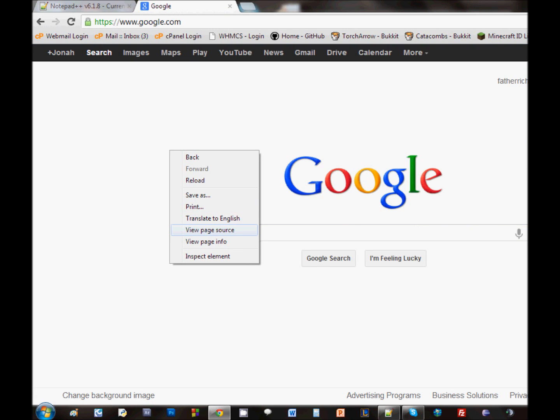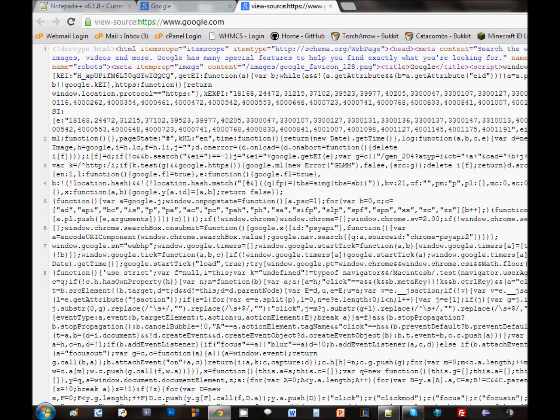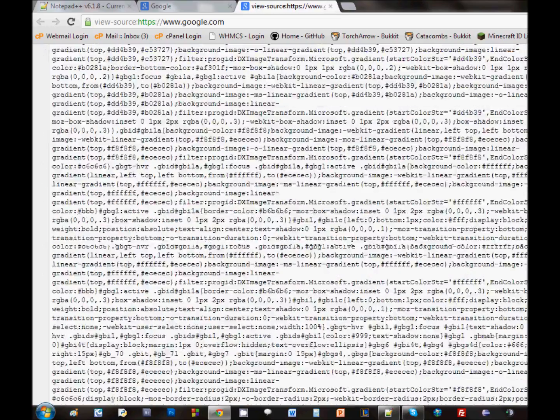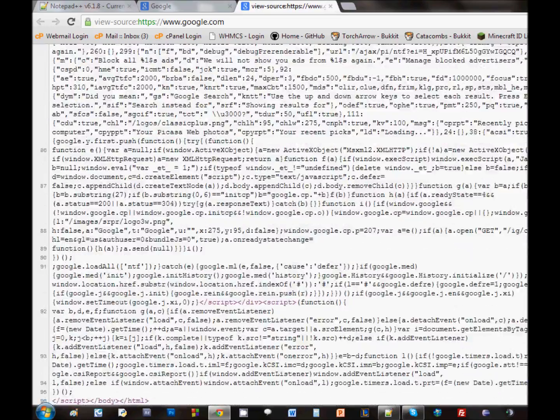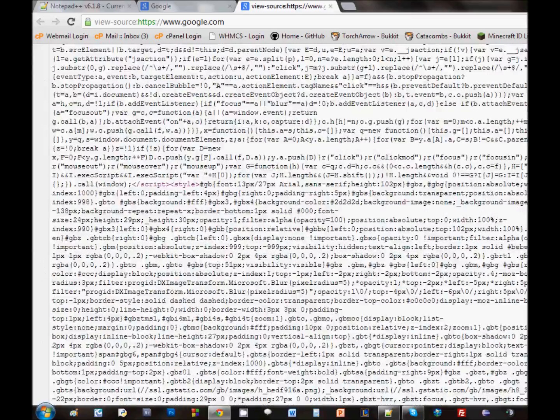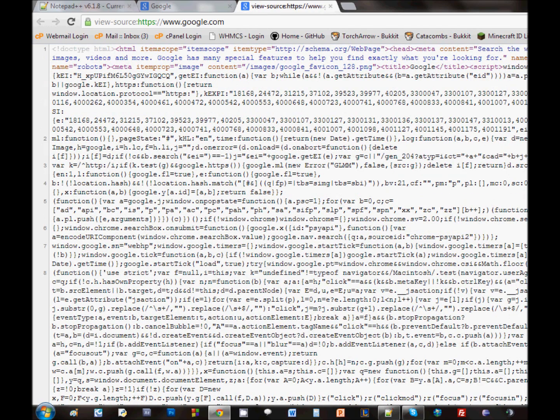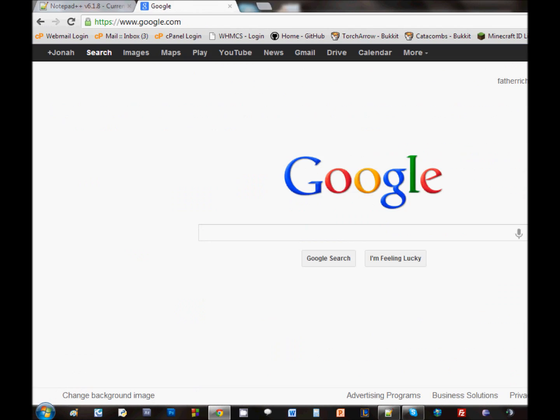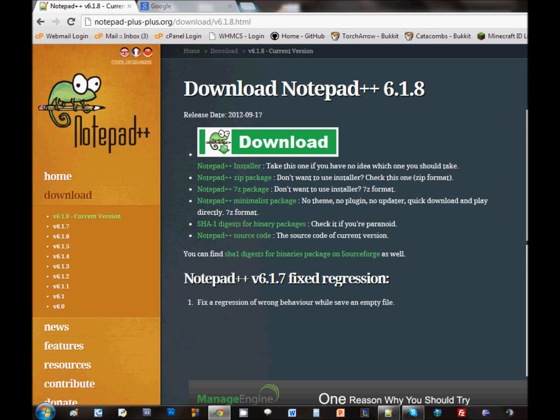Essentially, all you have to do is click View Page Source, and you can see a bunch of HTML coding, doctype HTML. All of this is just intensive coding that you guys aren't gonna learn today. But anyways, we'll get started with some simple outlines and what HTML is, and then we'll get into some really quick coding. So the first thing you guys want to do is just go to